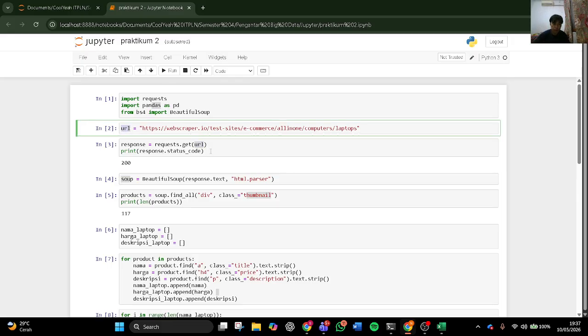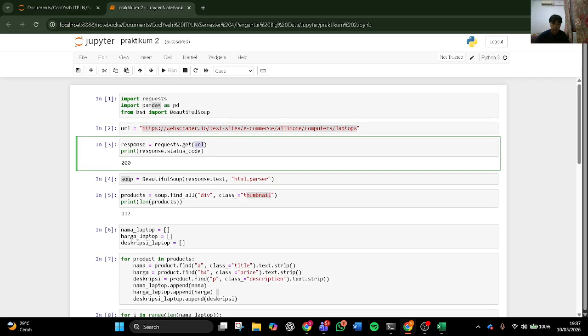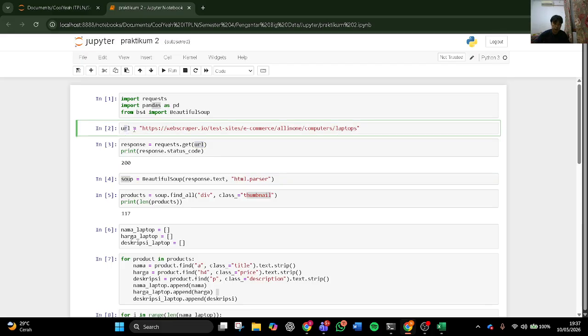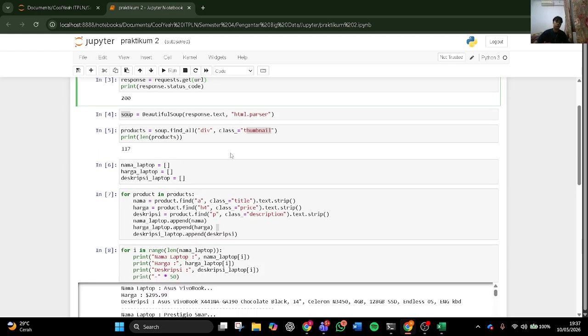If I don't make the variable, I have to put the domain name in this parameter, because I already stored that in the URL variable, I just need to put the URL variable in the parameter.